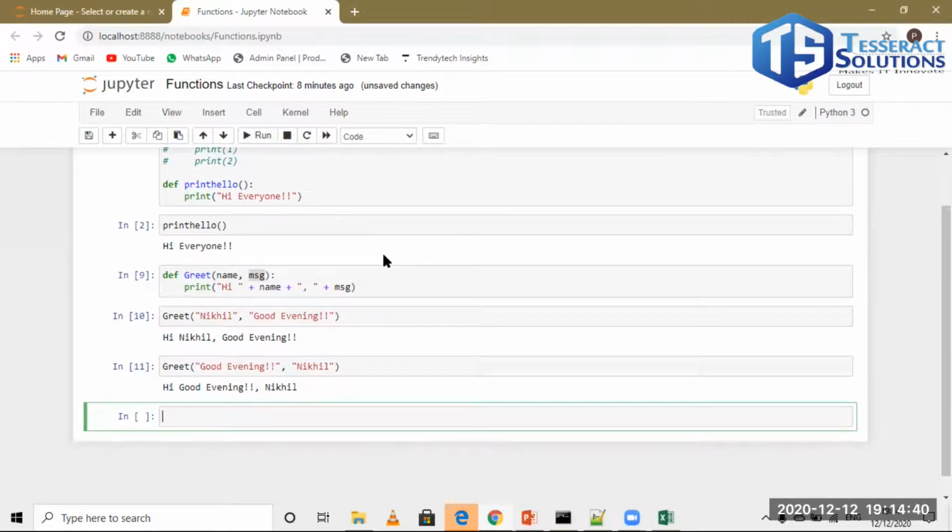So this is wrong, right? So this should not happen. This should not happen. So one thing we need to take care of: while passing the arguments, they should be in the proper order, in the same order in which the parameters have been declared. Otherwise,